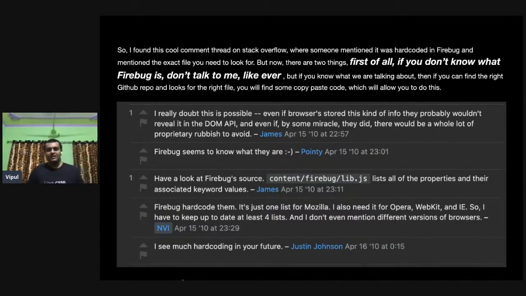But the fact is that they might be old because the CSS specs change, right? So you will get a starter, and a great starter because Firebug used to use it, right? And then you can add more properties. So if you are going to do it that way, then I'll save you some time.